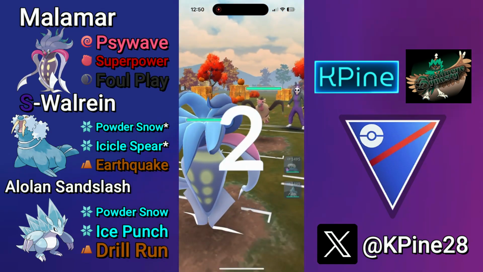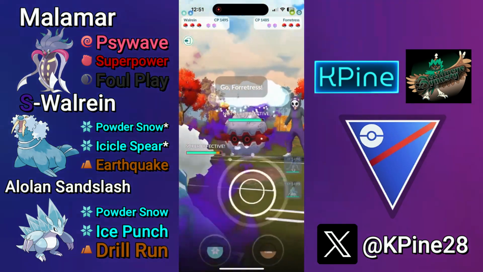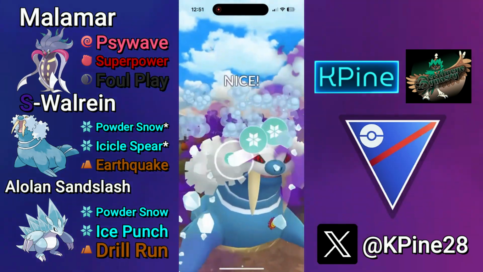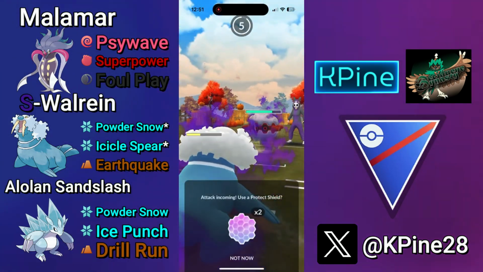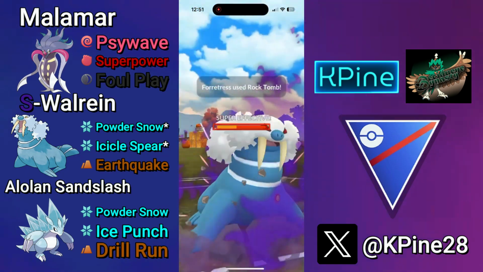GGs. Next battle, Mandibuzz lead. Two answers for this in the back. We are going to pivot into our Walrein. They meet it with a Shadow Fortress, and boy oh boy, this matchup could not be going any worse at the moment. We make it to an Earthquake. We bait with the Icicle Spear. We get the shield. And now my opponent's forced to go for their heavy hitting move of the Earthquake or Rock Tomb if they have it,